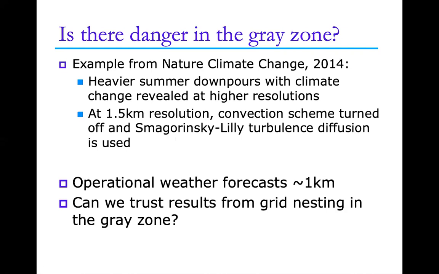So the question is, how can we trust the results in these intermediate gray zones when we're using models that were designed at the mesoscale? And maybe in this case, using closure models like a Smagorinsky type approach that maybe was more of an LES closure. What's happening at this intermediate scale? That's what we're trying to get a better handle on, because we are pushing into those scales as we move to higher and higher resolution.